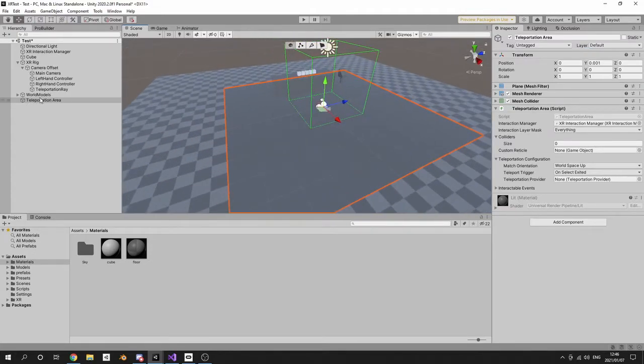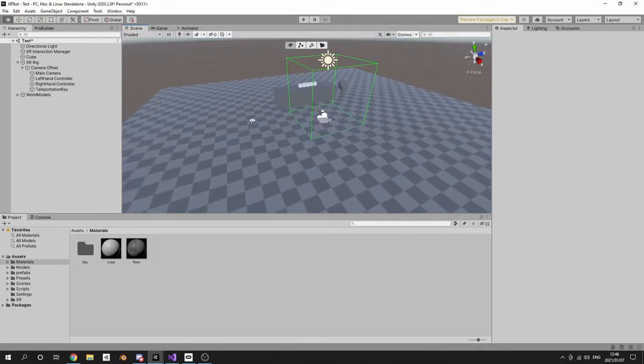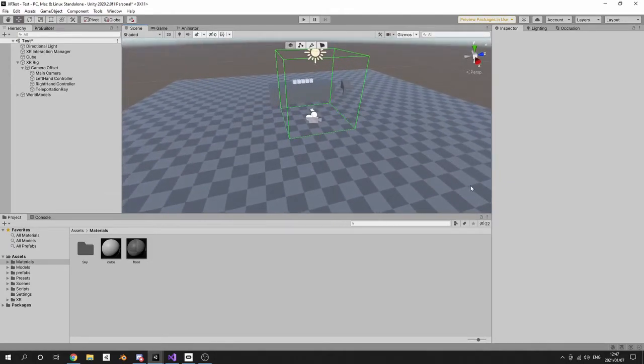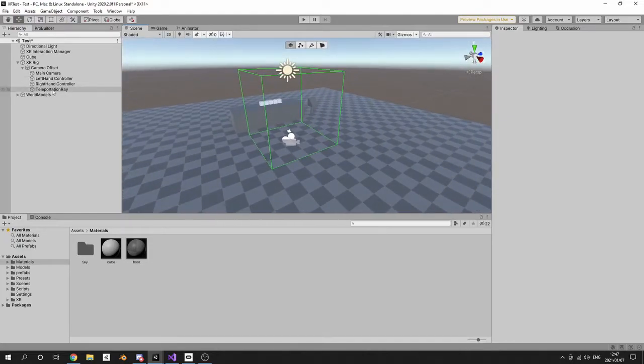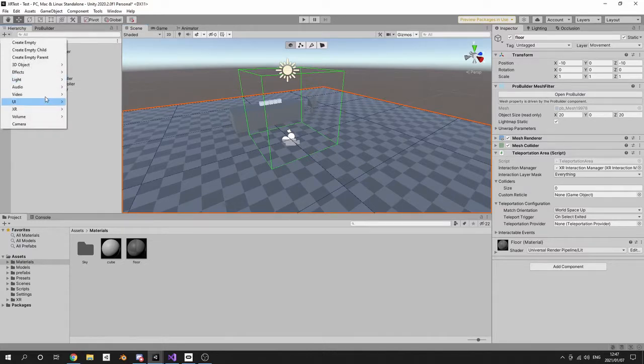But like I said, you can also just add it to an empty game object and reference all the gliders and make sure that all the gliders are under the movement layer. So let's quickly talk about the anchoring